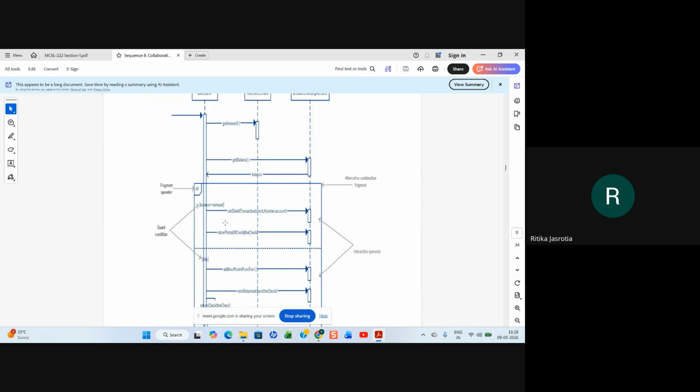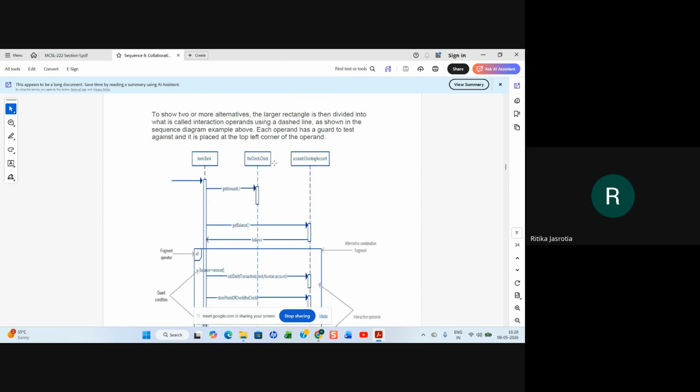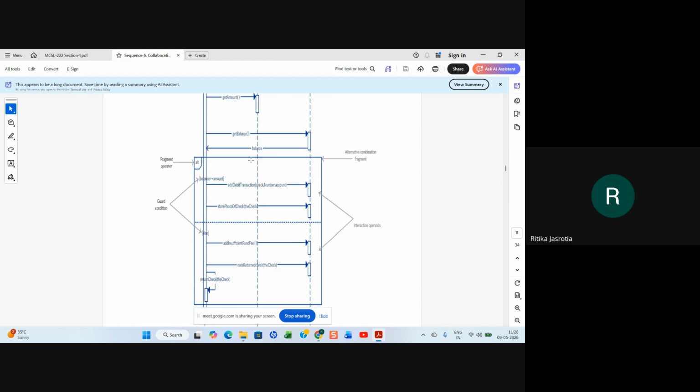So if you see here, you have bank, check, and account, checking the account, right? So the bank gets an amount, then the bank gets a balance from the checking account and the balance is returned to the bank. Then this is an alternate combination fragment. In an alternate, you are saying if balance is greater than or equal to the amount you are requesting, you are not writing if, you are just giving a condition.